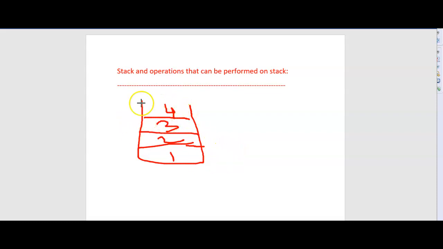So if you see, we can store the elements, we can push the elements into the stack, okay, and at the same time pop the elements from the stack from the same side. Only one end will be opened, the other end will be closed. So we call this as a last in first out. It follows the LIFO principle.